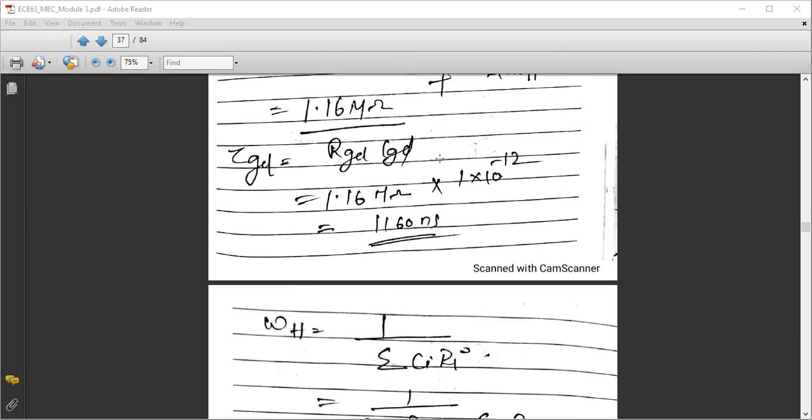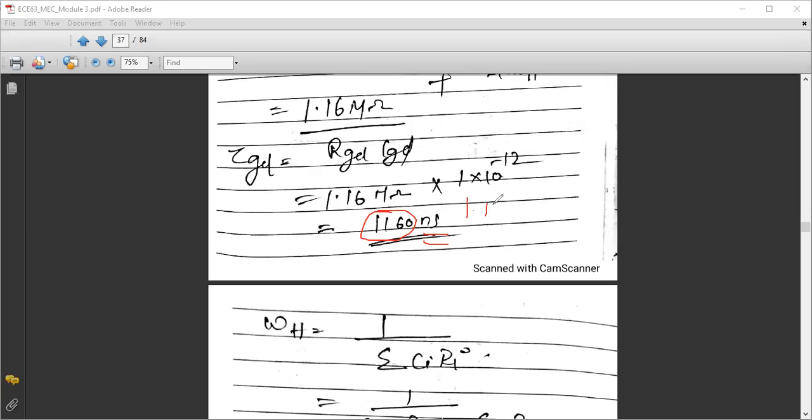Yeah, first it will be in micro initially. Sir, it will be 1.16 into 10 power minus 6, no, sir. Yeah, but I have to convert into nano. Nano means we have to divide it by another 1000, no, sir. So how is it getting multiplied? See, a small unit means the numerical value will become large. The unit is becoming less, so the number will become large, right?